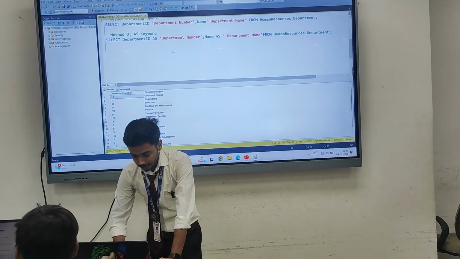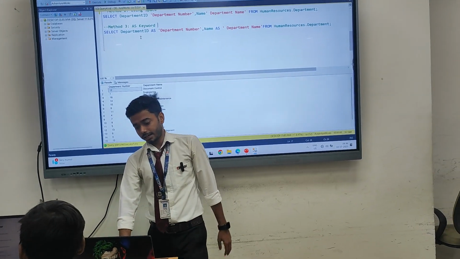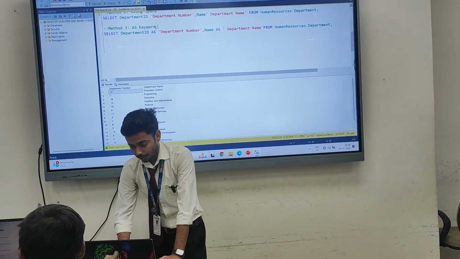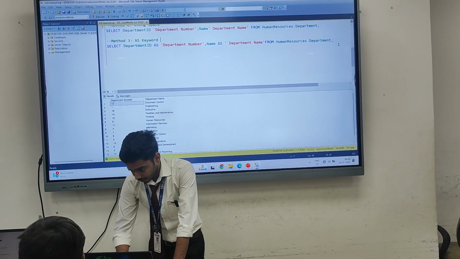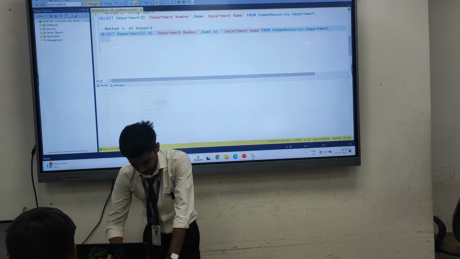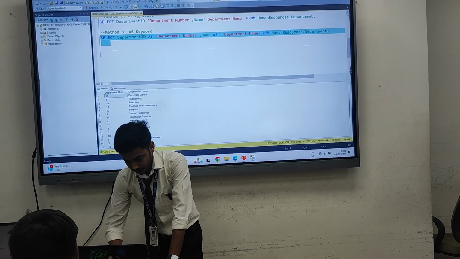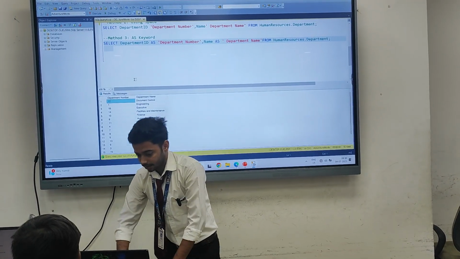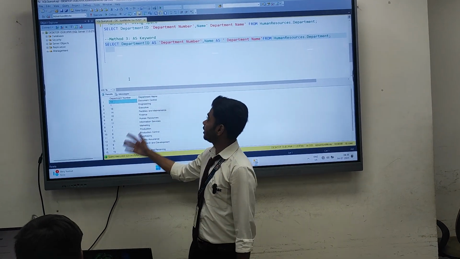And in the third method, with the AS keyword, write the column name, then the AS keyword followed by the alias name. Here is the result of the third method, department number and department name.